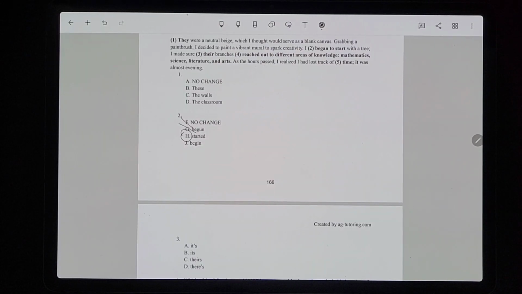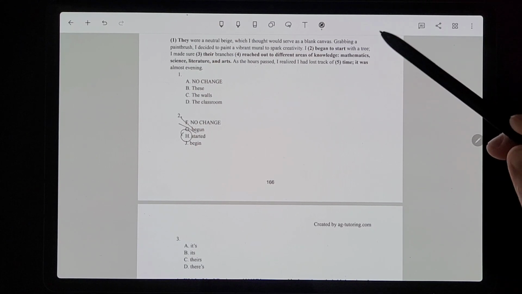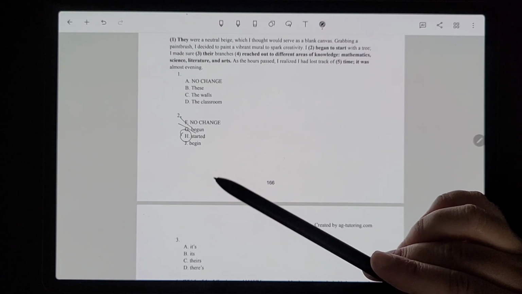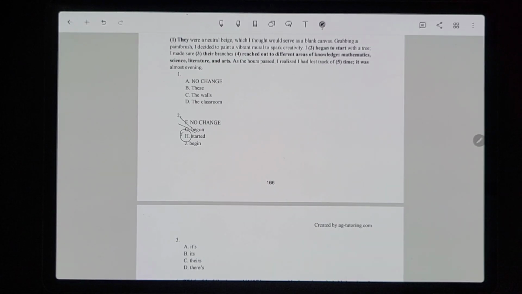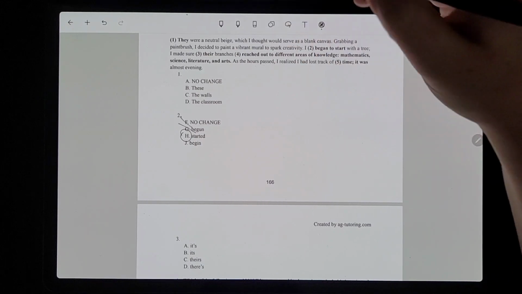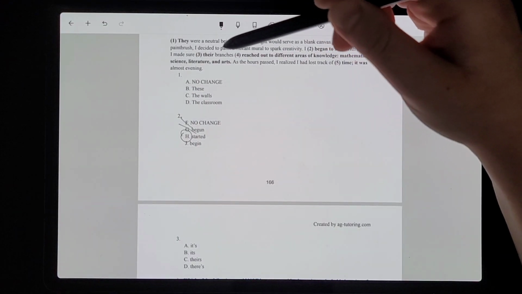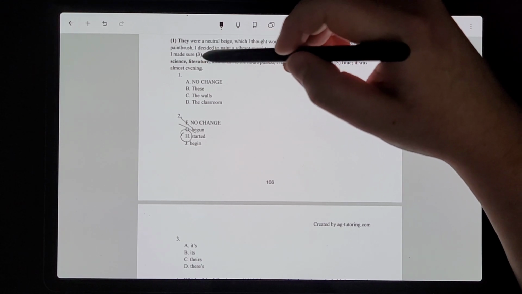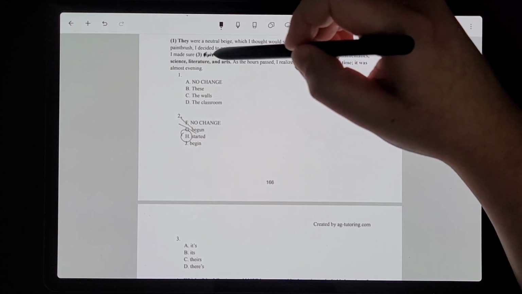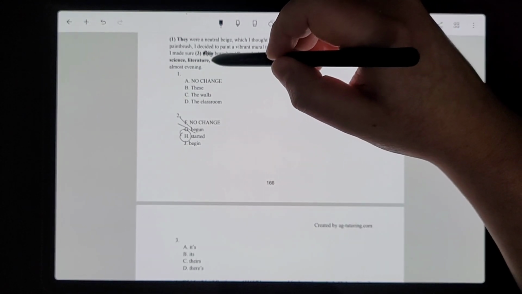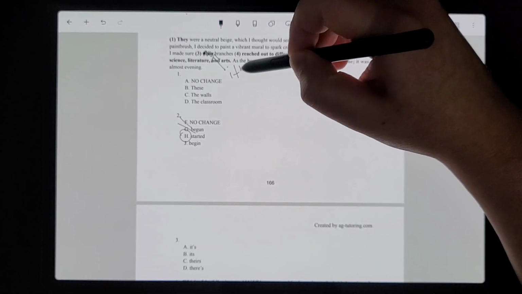I have to zoom out a little bit for this next one, but number three, it says, I made sure their branches. So there, we're determining if "there" is correct or if we need to replace it with one of the other things. I just found a typo. When I do this, I try to come up with as many answer choices that I think could trick people as possible. It looks like I included one too many. So this was supposed to be "it's" with an apostrophe S, so we're going to pretend that's what it says right there.